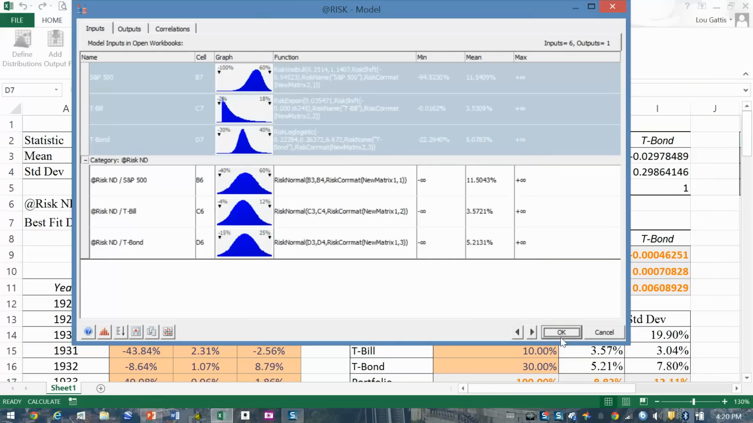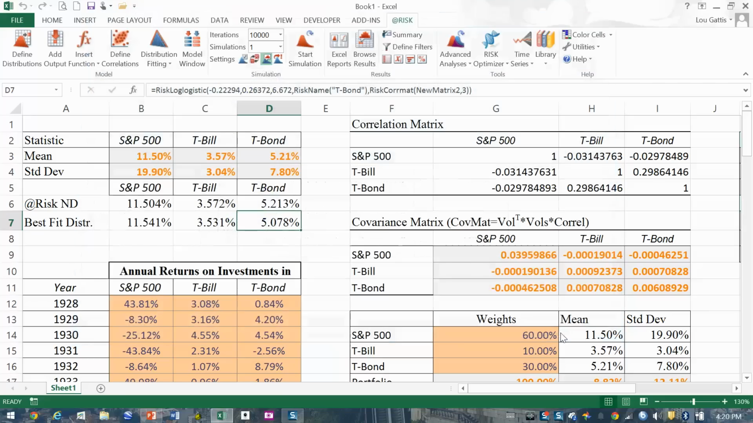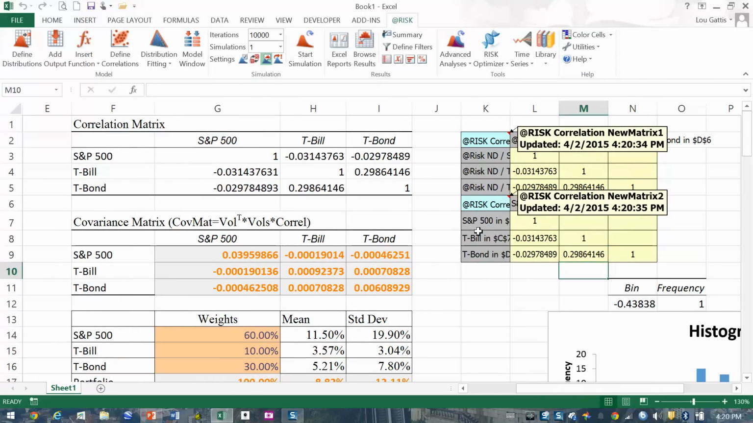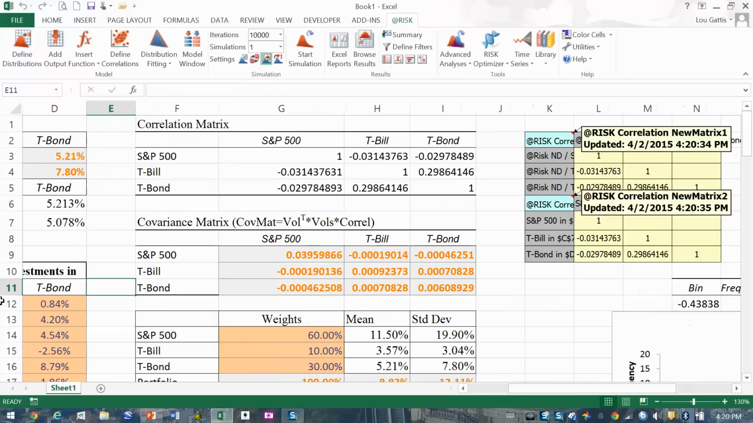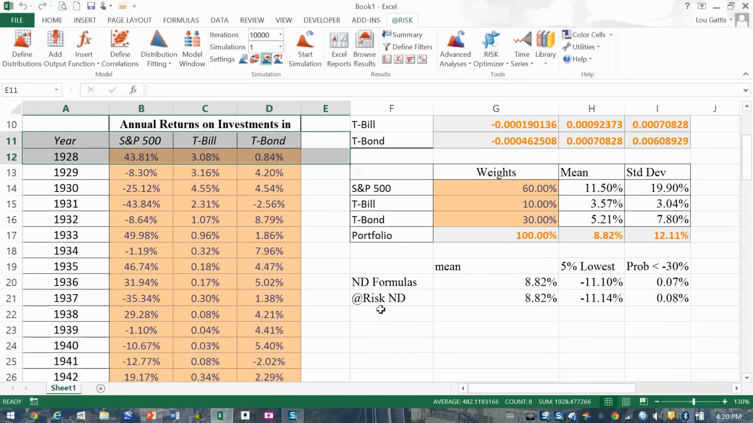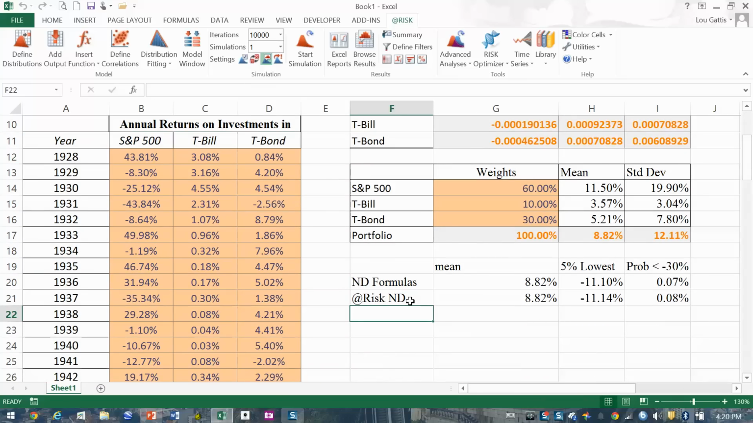Okay. And so here are the correlations for those three distributions. And then I'm going to go down here and actually create another area of modeling portfolio returns using the best fit distributions,